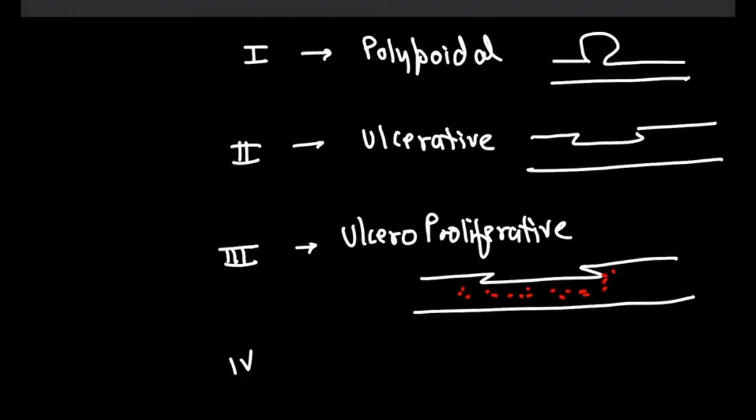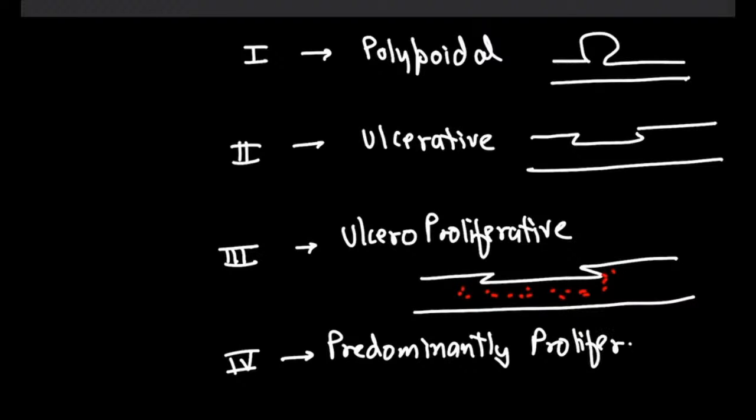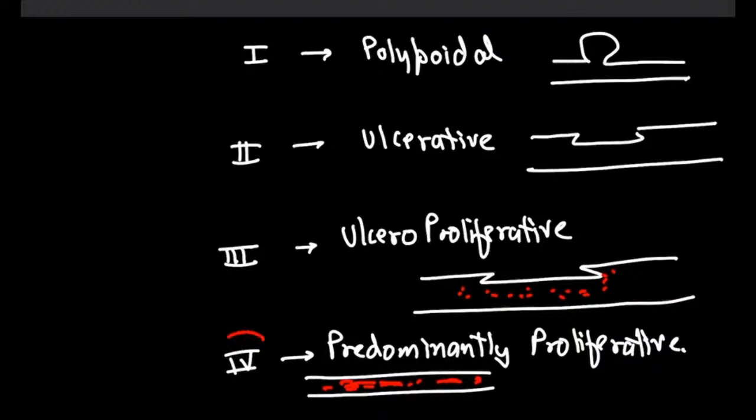And in Borrmann's type 4, what we have is a predominantly proliferative lesion. So here what is happening, let's say this is the wall of the stomach. There is a lot of proliferation happening. Because of intense proliferation, this particular stomach behaves like a leather bottle